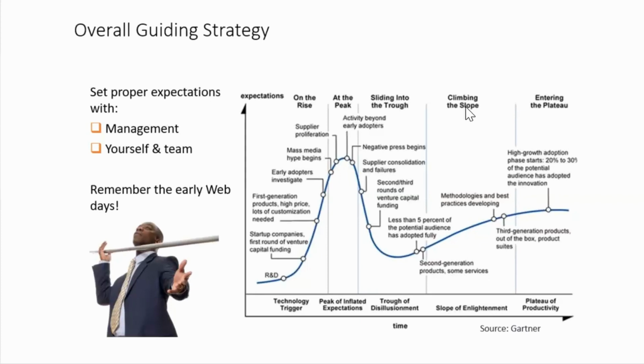When you're talking to your management, you can refer to them and say, look, this is still green space. So you can't expect us to have the same level of quality. We're going to have some bumps along the way. So that's the point of referring to this, is use this as a tool to say, look, we're still trying to figure this out, and this space is just not mature enough. So realize that there's going to be problems, and we're going to need more investment, more training, more leaning on other resources, right? Because expertise is scarce.